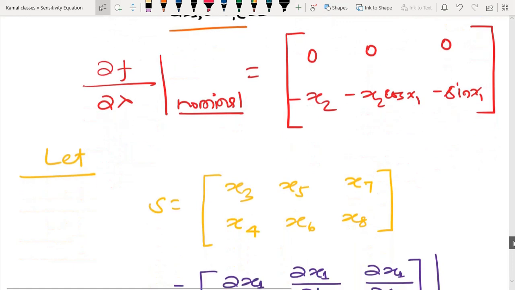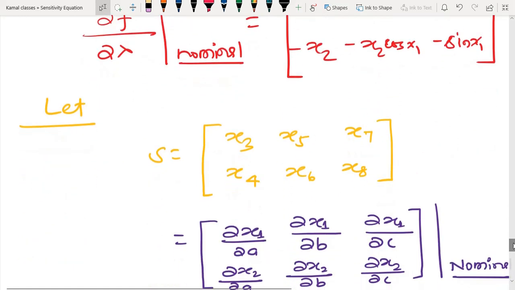Now since I have three parameters, the variation of each parameter is going to create, since this is a second order equation, two extra state variables that come into the picture. Due to that reason you can see here that I have considered three sets of state variables inside this sensitivity function. So if I have three parameters, then the order is increased by 6. If I have a second order system, then 6 plus 2, that is an 8th order system I have to solve in order to see the sensitivity equation.